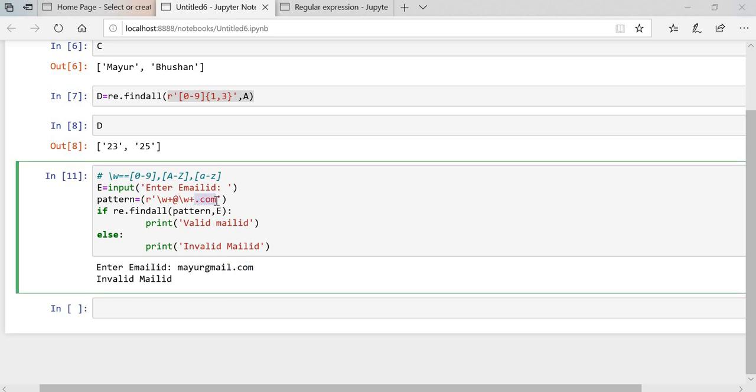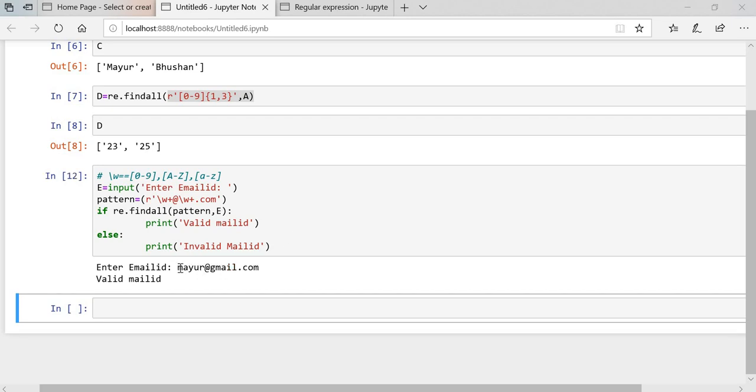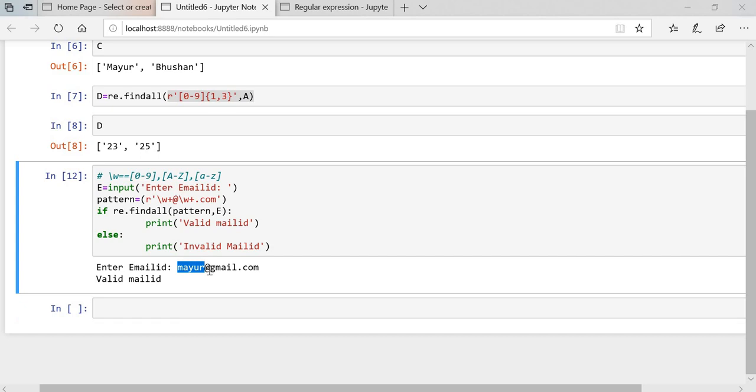This will be the pattern: \w, then concat with the @ sign, then \w meaning any string or integer value, then concat with .com. This is the valid pattern we have given in this code.